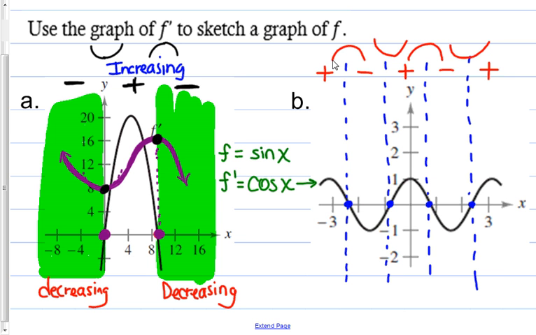Just try your best, right? Doesn't have to be perfect. But let's see. It's going to be increasing from here to about right there. But then it's going to decrease until the very next blue point. Try to hit the points. Do better than I did. And then it's going to increase again, right? Until,